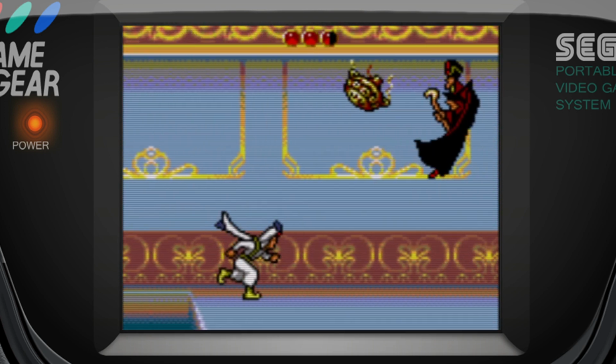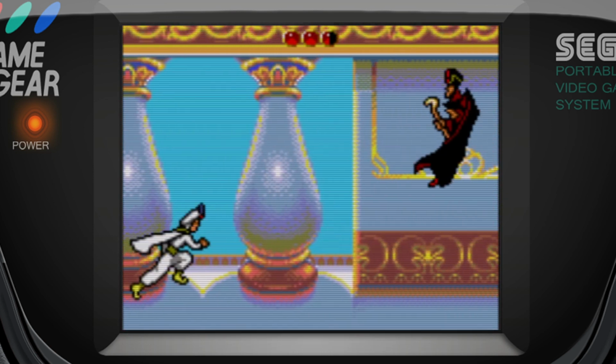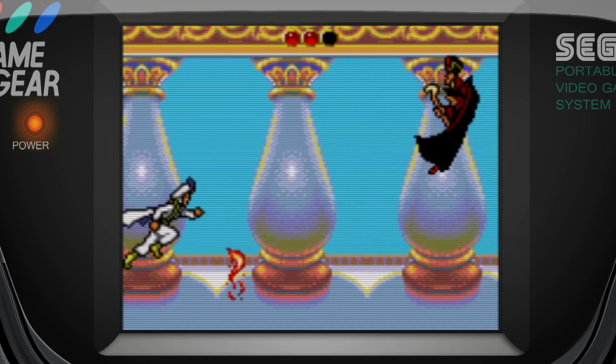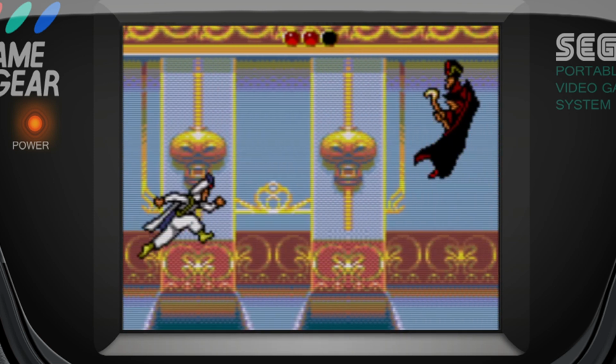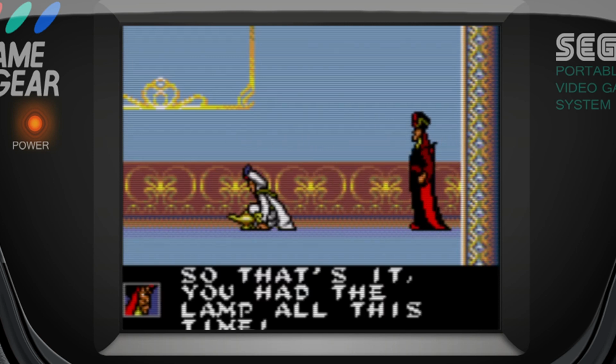You chase Jafar dodging his attacks of fireballs, lightning, and falling objects, and jumping over pits. The best way to do this is to stay as far left as you can, and his lightning and falling objects will never hit you. Same goes for the fireballs, but you'll have to jump over those as they stay on the ground after he casts them. Eventually, you'll back Jafar into a corner where he realizes that you have the magic lamp, and he